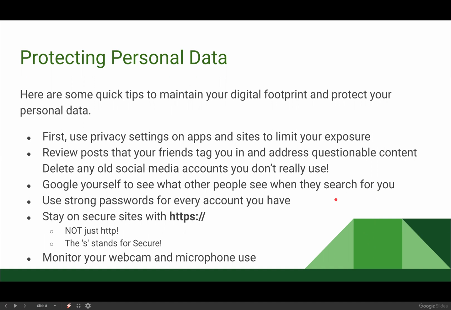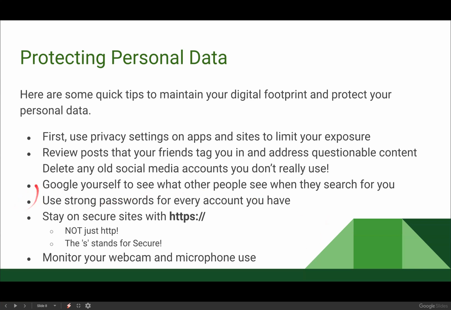You can Google yourself to see what other people might find if they search for you. I think the first thing that comes up when I search my name is a chemistry professor at Berkeley or something, so I am not the first result. My wife, however, is in fact the first result when you Google her name, because her name is pretty unique, and our last name now is fairly distinct. So she's pretty much the only person in the world who has her name, whereas my name is a little bit more common. So, see what kind of things might appear when you are Googled.